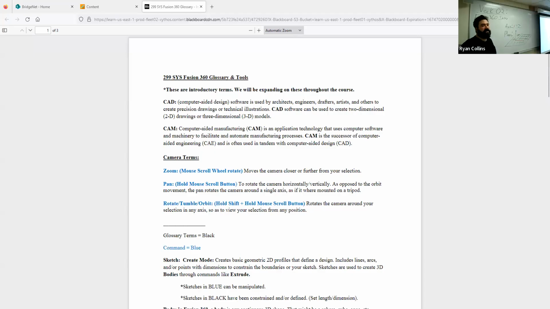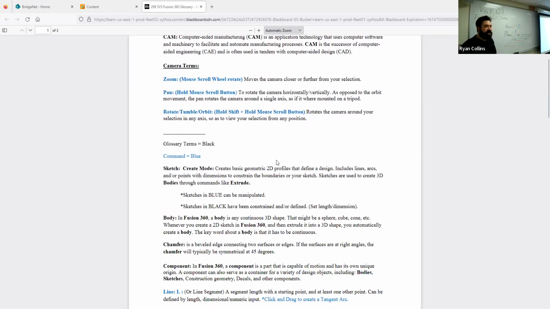So just some basic terms. Again, these are introductory terms. We'll be expanding on this as we go through the semester, but just to not overwhelm you with a dictionary of relative terms. We just went over what CAD and CAM are. CAD, computer-aided design, CAM, computer-aided manufacturing. There you go. So some basic stuff, and one thing I do recommend, if you are able to, I recommend